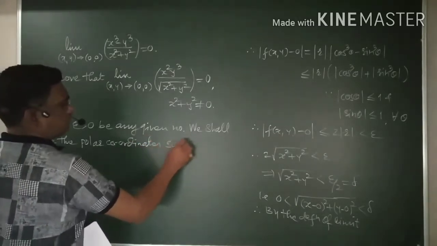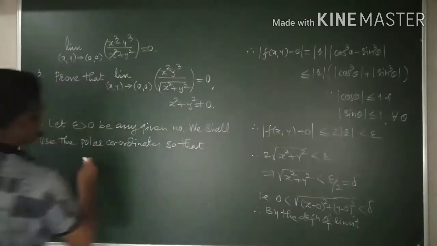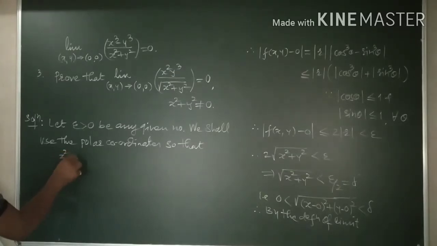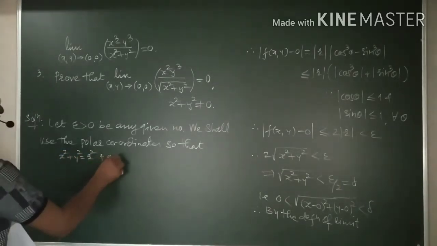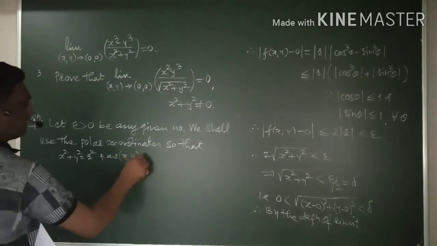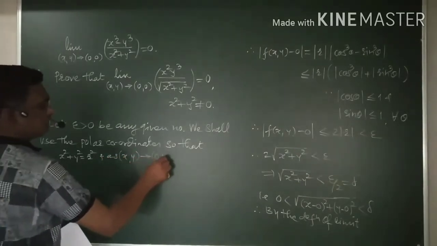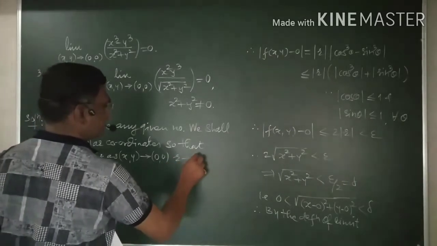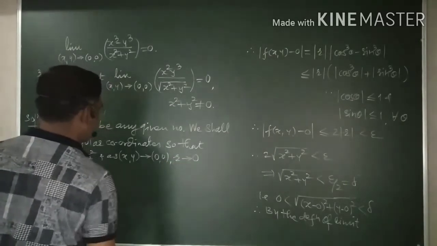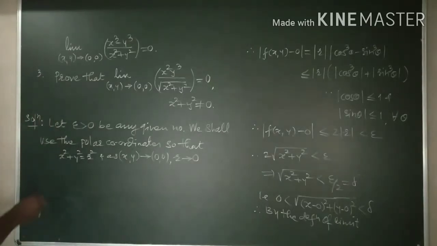So that x² + y² = r², and as (x, y) tends to (0, 0), r tends to 0. This is what we have here. And now consider